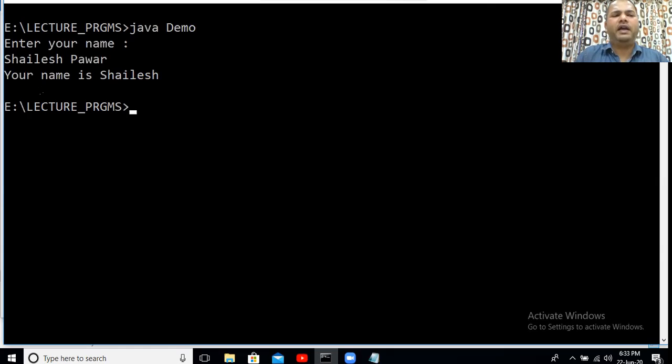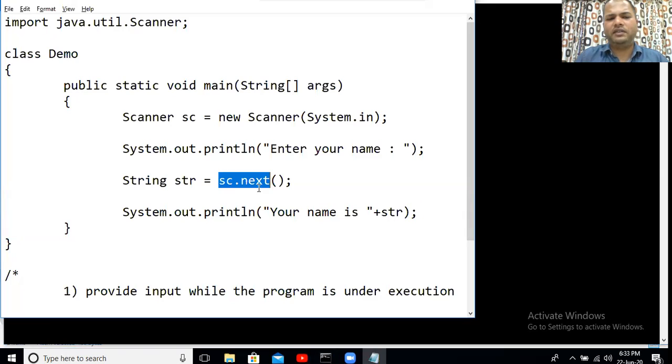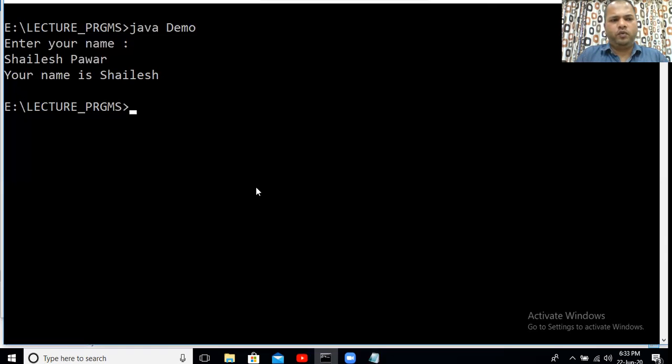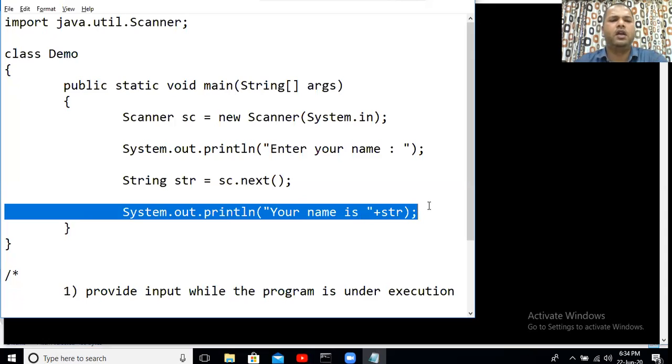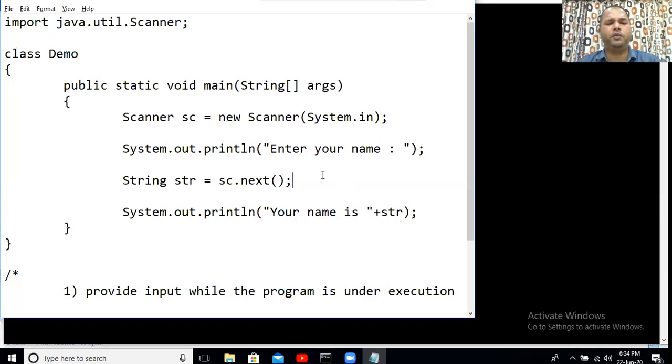Because by specifying space, you had started with a new string here, and the next method is there to accept only the first string entered by user via keyboard. So the next word Pawar was not accepted by the next method. So only Shailesh got stored inside str, and that got printed on your screen here. Yes, you can again take screenshot of this particular program.